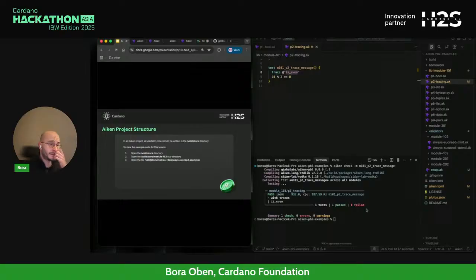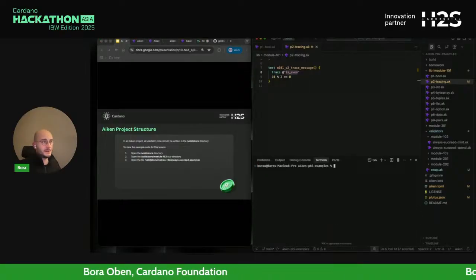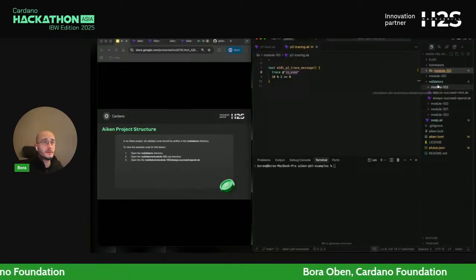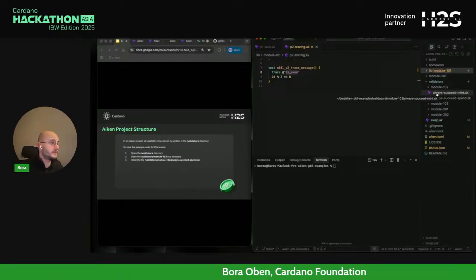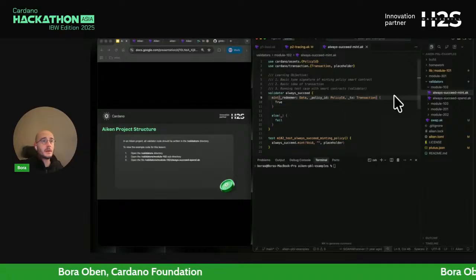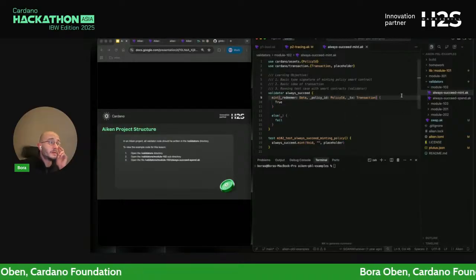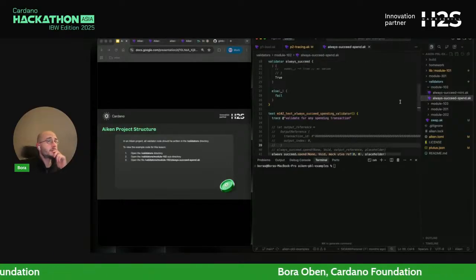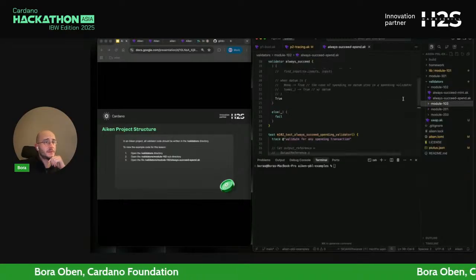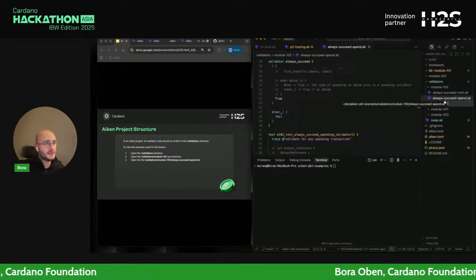So our first smart contracts, these were some fundamental stuff. We can now take a look at some good old smart contracts. We previously took a look at this always succeed mint validator, and we'll now take a look at this always succeed spend validator.